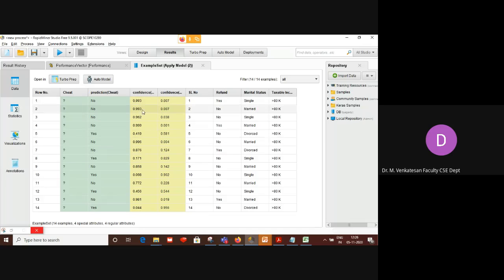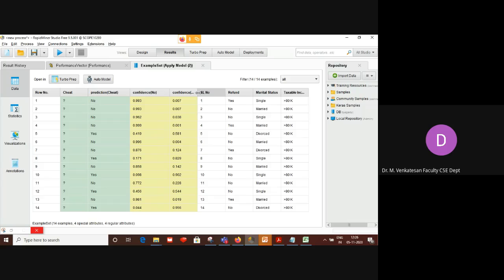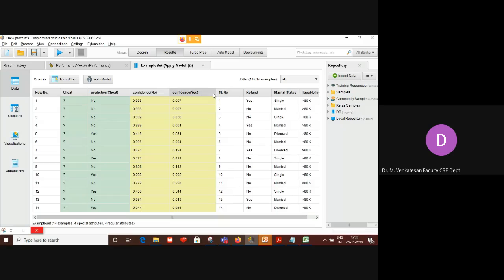How did you get no and yes? So in this problem, you have two classes. One is cheat equal to yes. Another one is cheat equal to no. Okay. So you know that the Bayesian classification works based on the probability. Correct? Okay. So in this case, for the no class, the conditional probability is 0.993. For the yes class, it is 0.007.